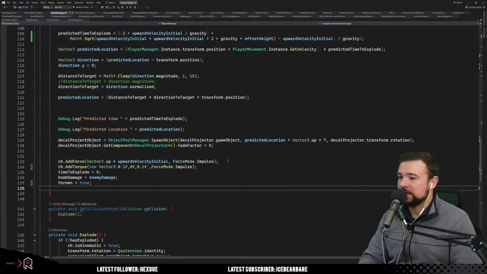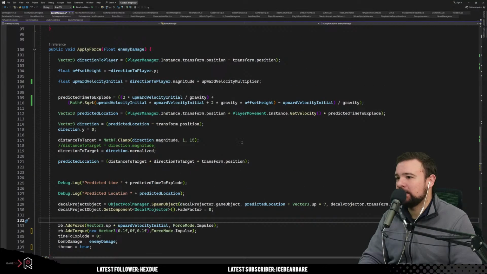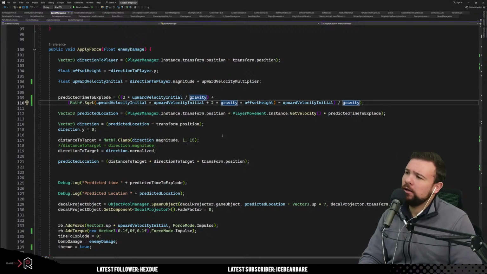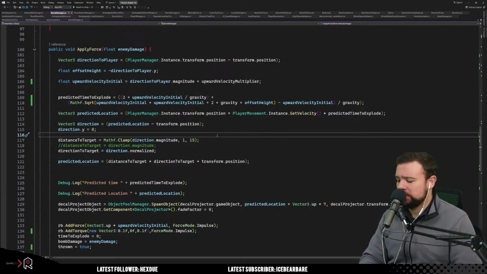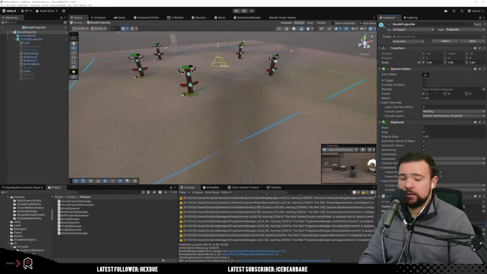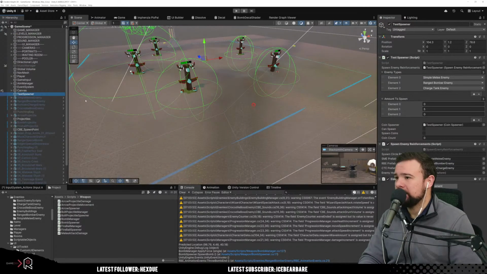Let's also give this thing a little bit more spin. Okay. What else did I want to do? Okay, so let's try something a little bit different. The first thing I think I'm going to do is change this multiplier to maybe like 3. So that might feel a little bit better. Then the other thing is...